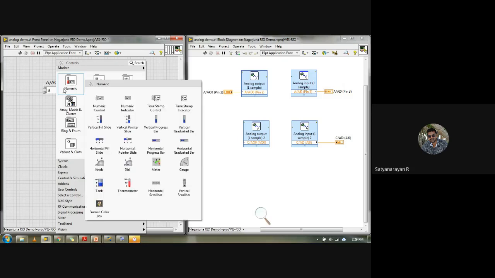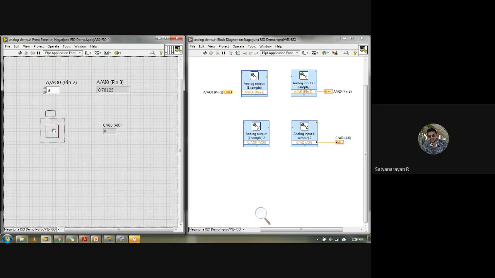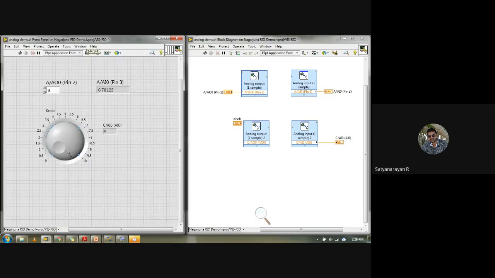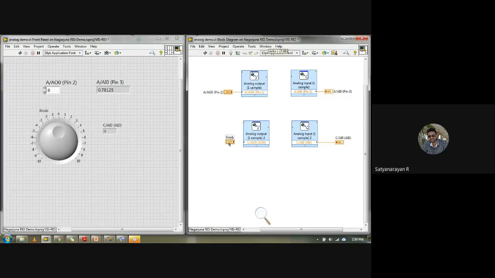Here let me take a knob for controlling, and here I'll give the threshold. Because I know the threshold is -10 to +10, I've given -10 to +10. Beyond -10 to +10 you cannot go, because it won't work. So it's always better to give the minimum and maximum voltage whenever you are using knobs or dials.